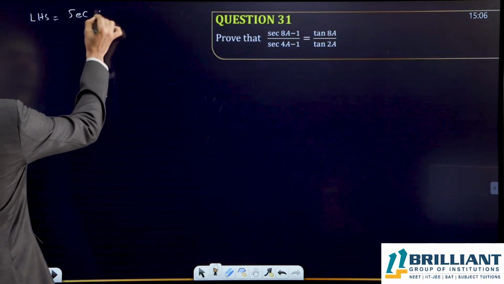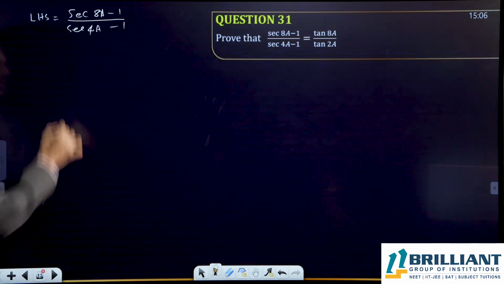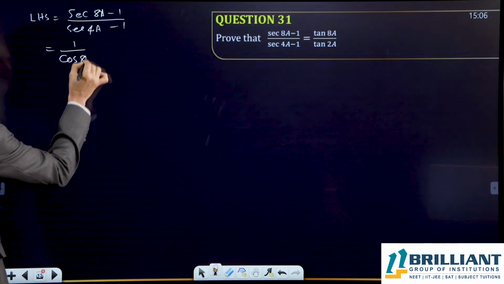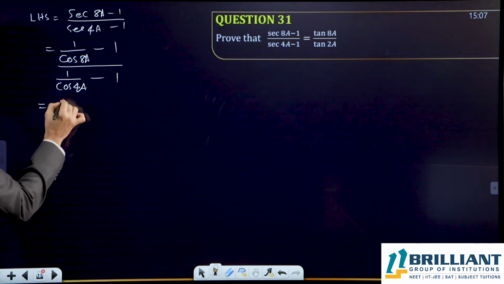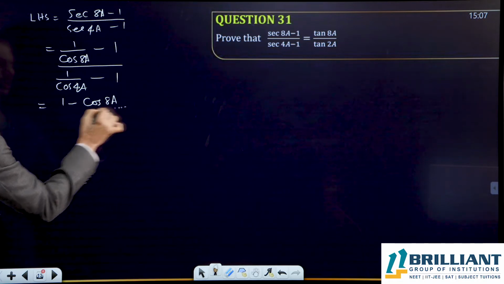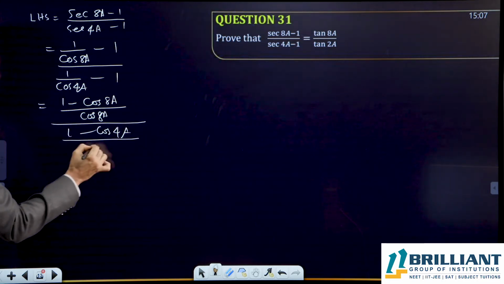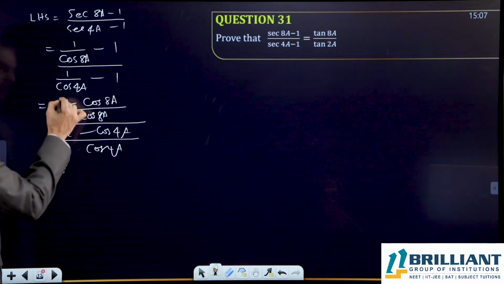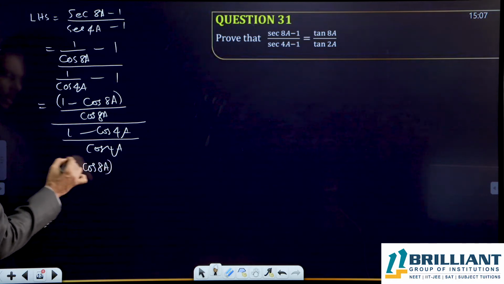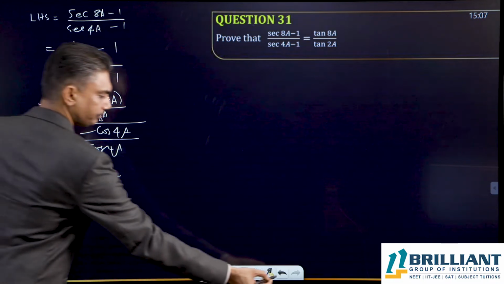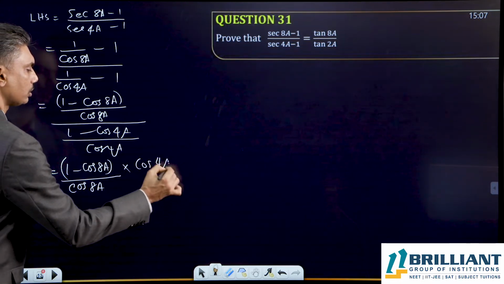LHS is equal to sec 8a minus 1 by sec 4a minus 1. You know, sec is equal to 1 by cos. So, 1 by cos 8a minus 1 by cos 4a minus 1. You take LCM, 1 minus cos 8a by cos 8a by 1 minus cos 4a by cos 4a. Now, this will go up, that is 1 minus cos 8a by cos 8a into, this will go up, cos 4a by